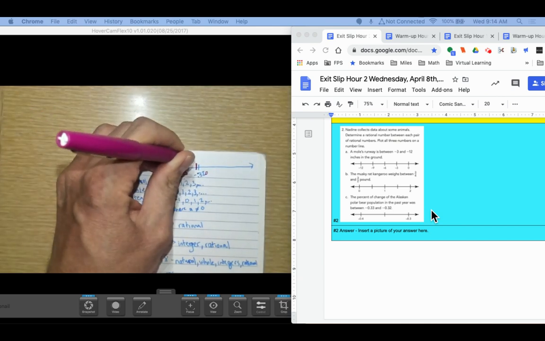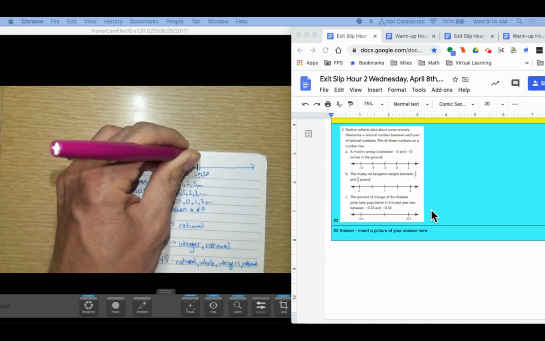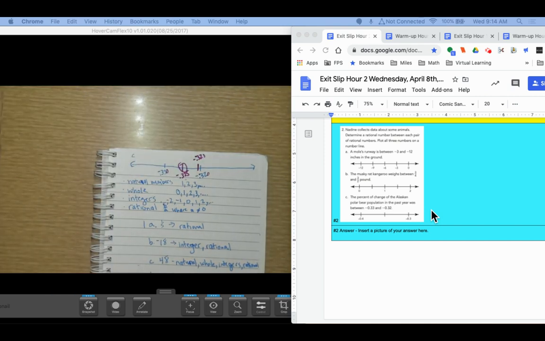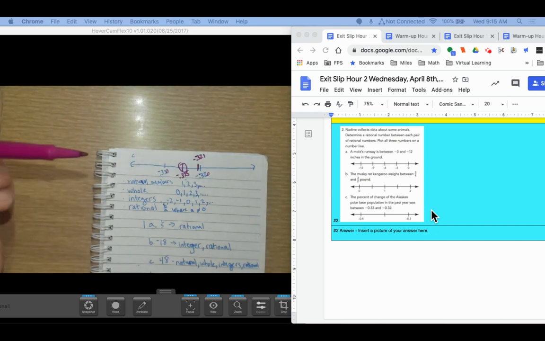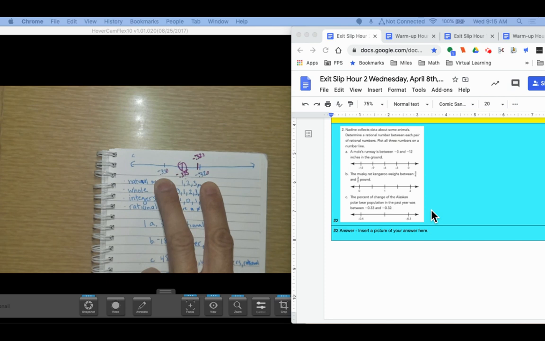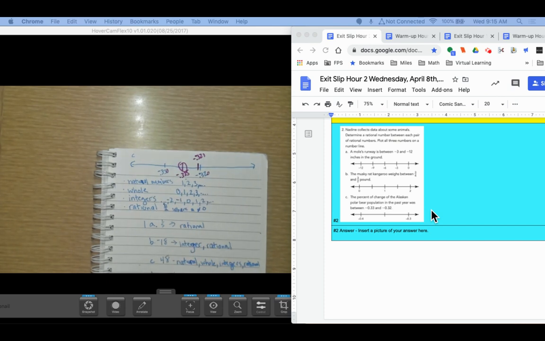And so this could be -0.321. All right. It's got to be smaller than 32 hundredths. It's got to be bigger than 33 hundredths. When they're right next to each other, like a 2 and a 3, I need to add a digit like I did in some of the section today. Okay. That was your exit slip from Wednesday. And so I hope that helps you to cement what you had correct and what you were confused about with exits.